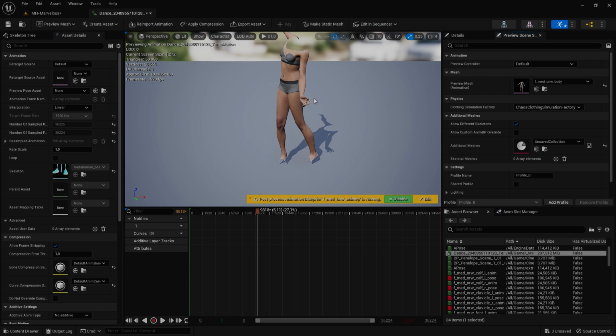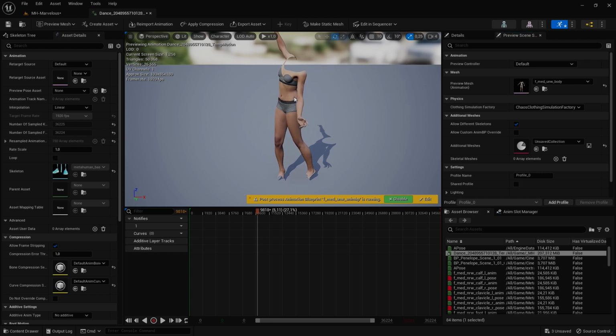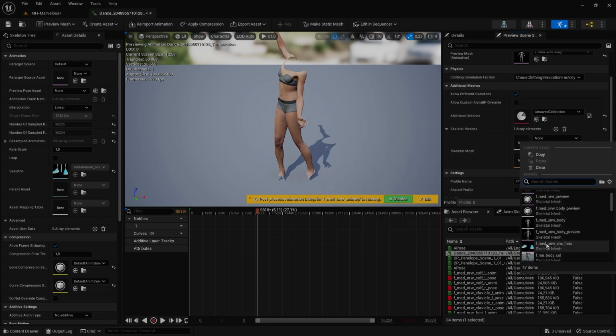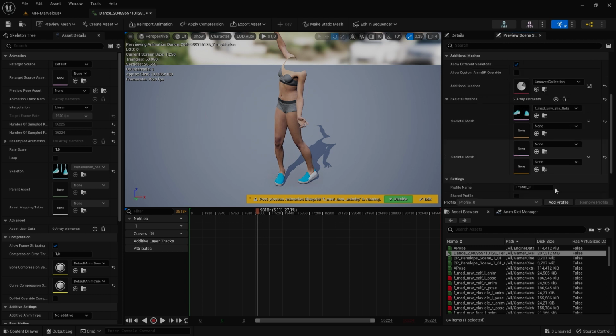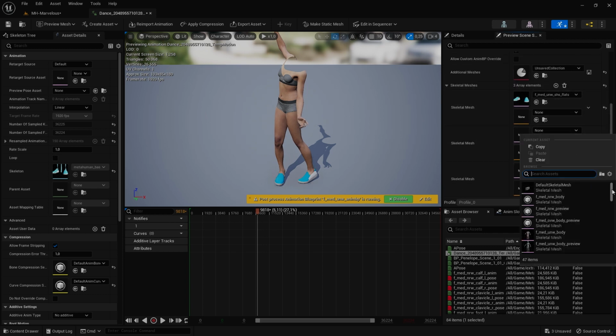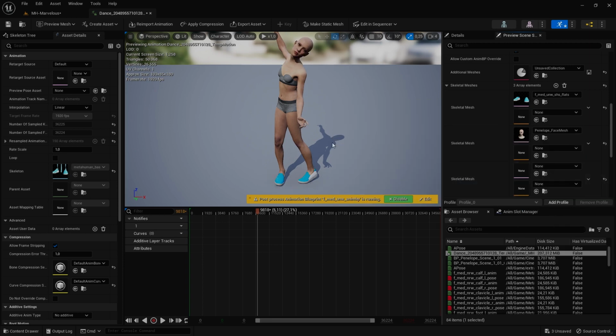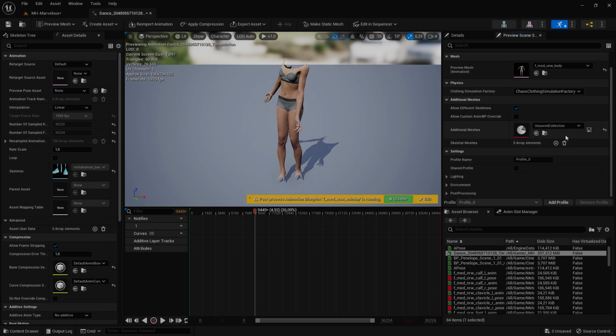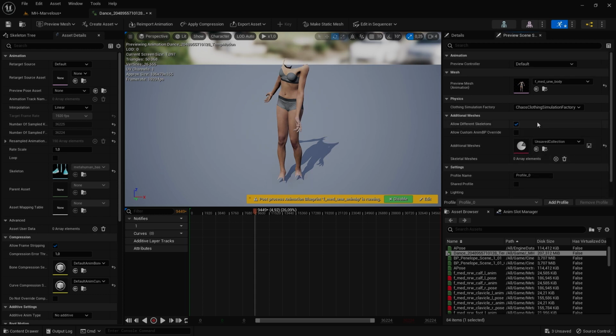This is going to be the mesh that we're going to export to Marvelous Designer. From here you can add the shoes and the head and so on, but these additional meshes do not get exported, so we'll show you how to get those separately.